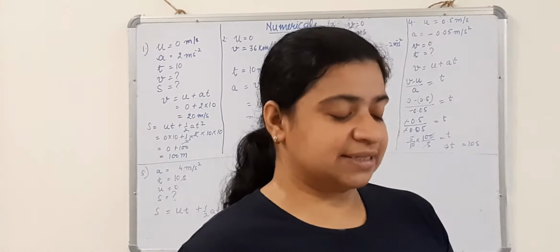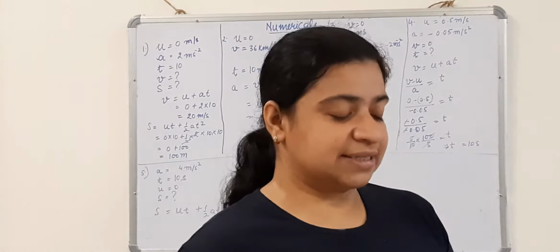So children, whatever is given in the statement, I have simply written that. First it was given starting from rest. A cheetah starts from rest. So rest means initial velocity is 0. Accelerates at 2 meter per second square. That means its acceleration is 2 meter per second square for 10 seconds, and the time taken was 10 seconds. So we need to calculate here the final velocity and the distance.